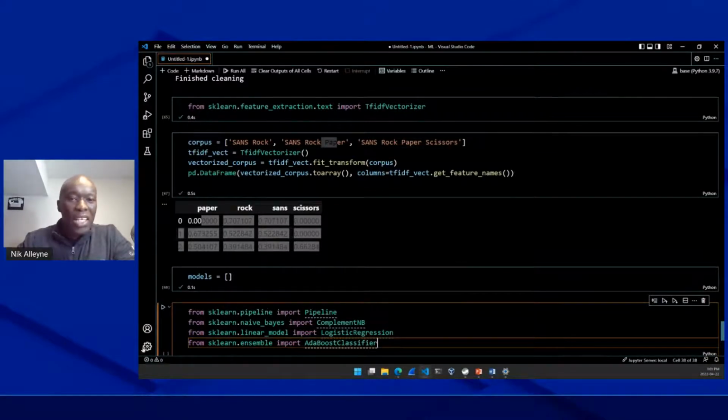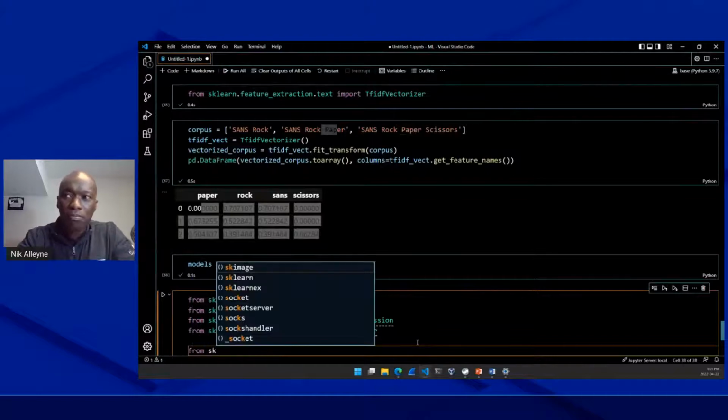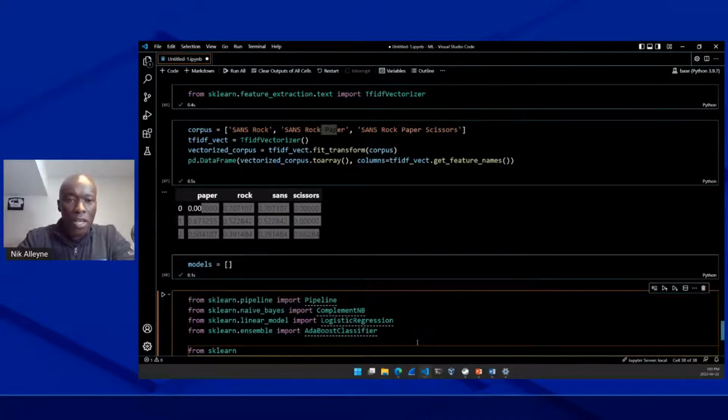And since we're here, let's also bring in some libraries that are going to help us with our metrics. So let's say from sklearn.metrics import